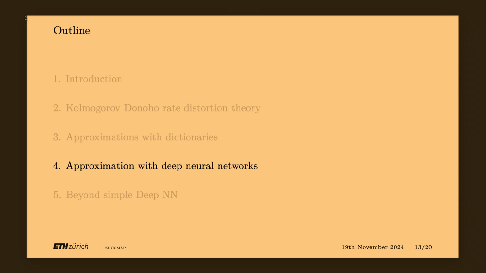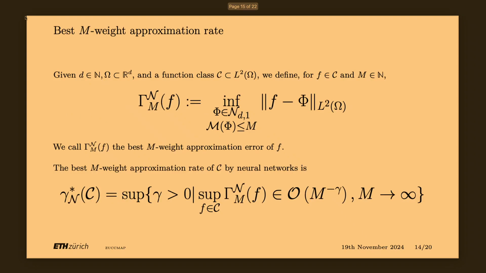And then we're going to try to give an idea on why and how people came up with the proof of why neural networks are actually optimal approximators of essentially all the function classes that I just showed you. So let's again redefine those concepts of errors and of how the error goes to infinity.